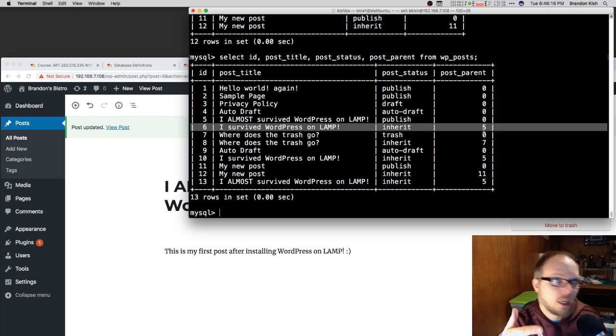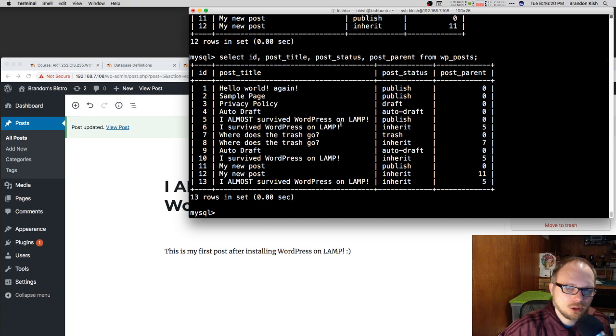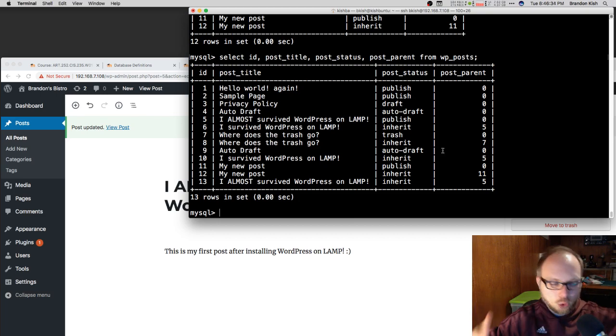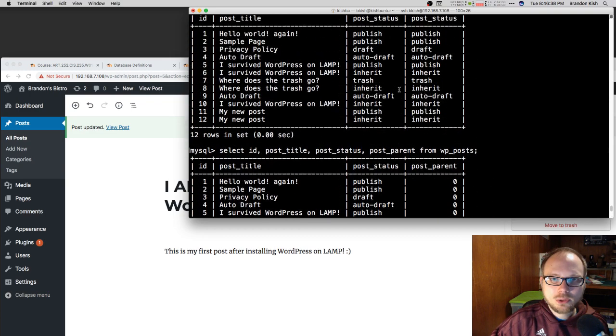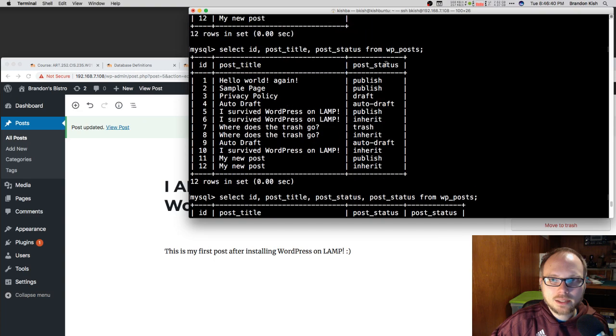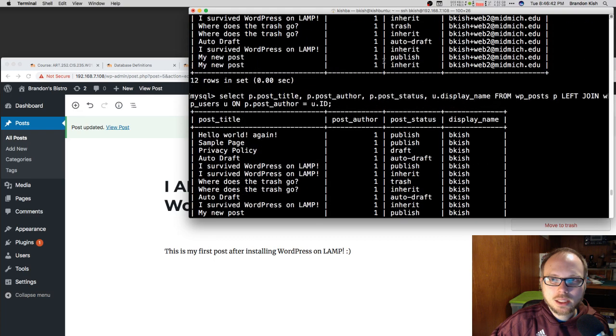I think I had a student 2 years ago now who wrote a join that listed all the parents and children in a query, so you could see how they were related next to each other. I thought that was really cool. But now you know that joins can cross into multiple tables, but also inside of the same table. And if you were going to write such a query that joined inside of one table, those aliases that we used before with like the P dot and the U dot,